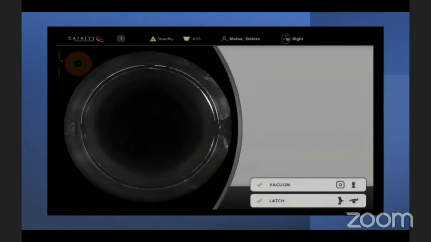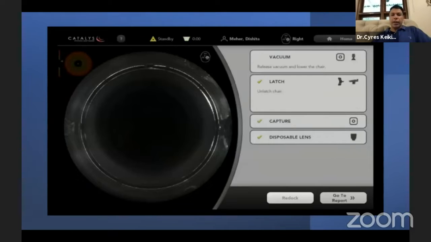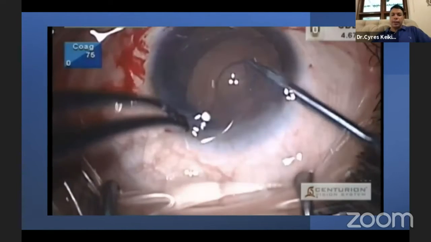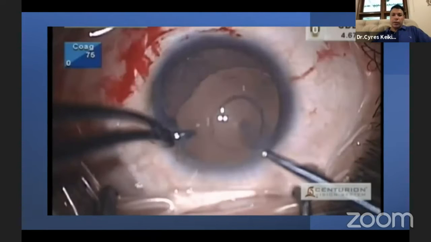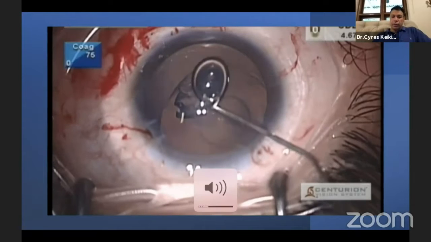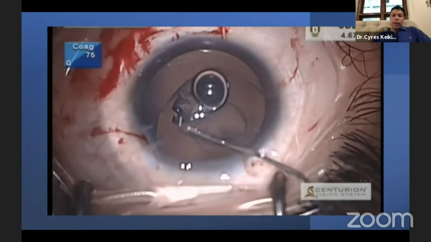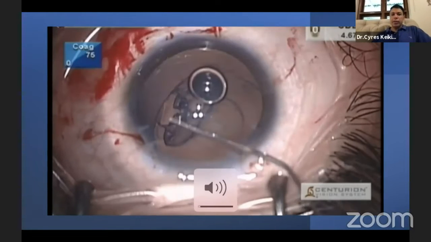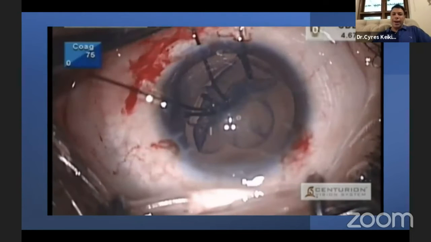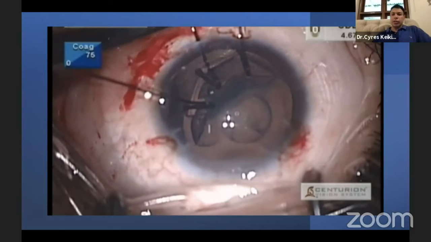So this is a femtosecond laser system where we are creating the capsular rhexis, and it's a nice punched out rhexis like this. Now we inject in some Healon to create space between the capsular fornix, the anterior rim of the bag. In this case, I decided to use capsular hooks because capsular hooks have wider paddles, so it kind of distributes the force.